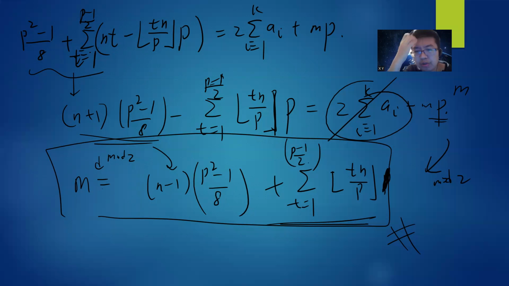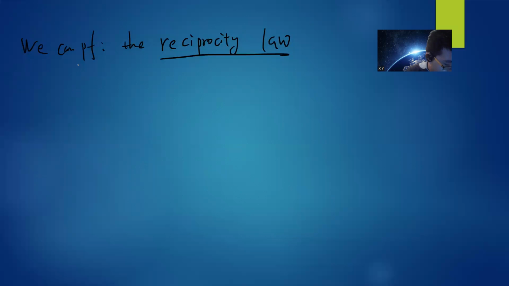Why is proof so difficult? Okay, so now we can prove the reciprocity law. Okay, so this is a pure algebra proof. So the idea is the following, right? So we know that